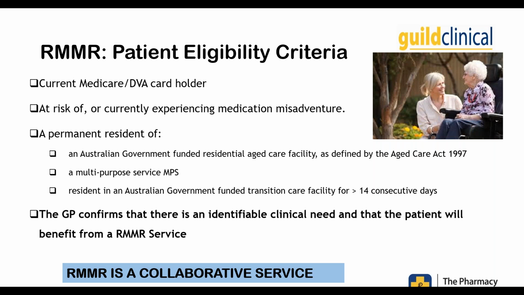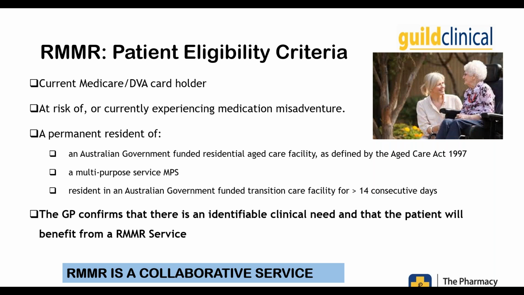So what about the resident? Who's eligible for an RMMR? Firstly, the resident must have a current Medicare or DVA card. They're at risk or currently experiencing medication misadventure, and be a permanent resident of an Australian government-funded residential aged care facility,